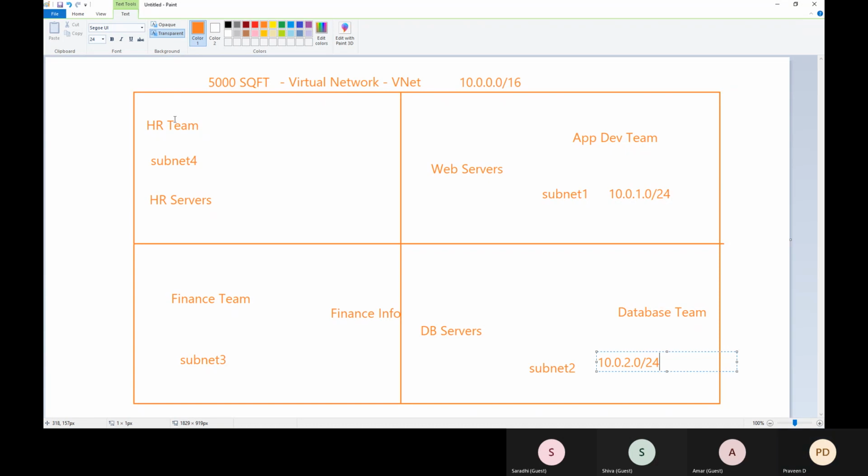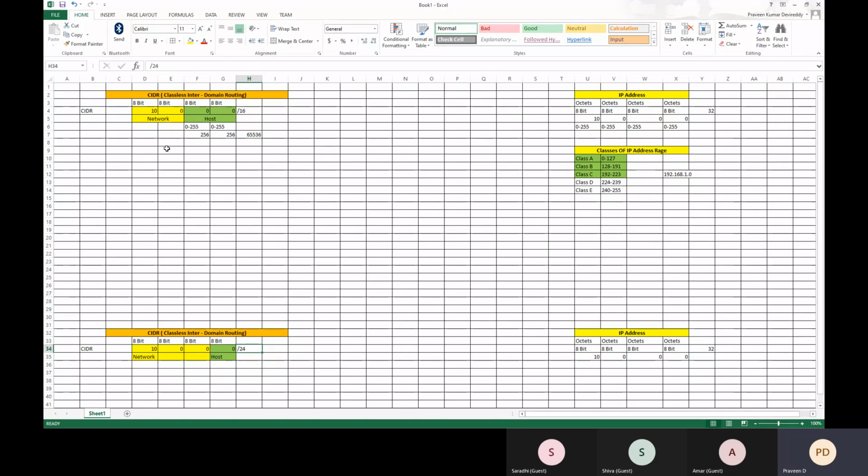Now, if we update the same in Excel, here I will say web server subnet, which is again 8 bits here also. Next here it will be 10.0.1.0/24.